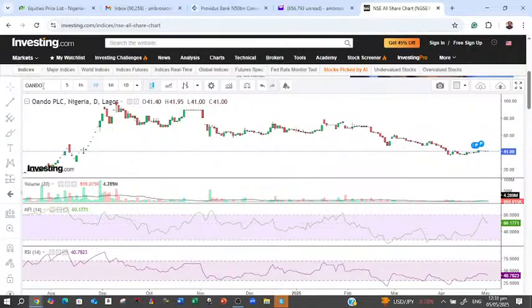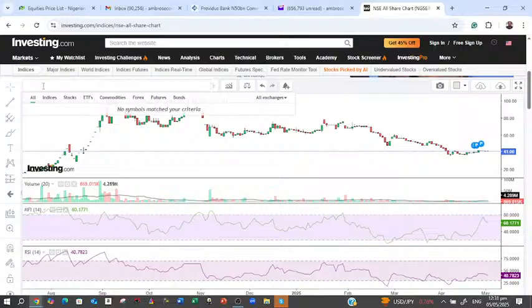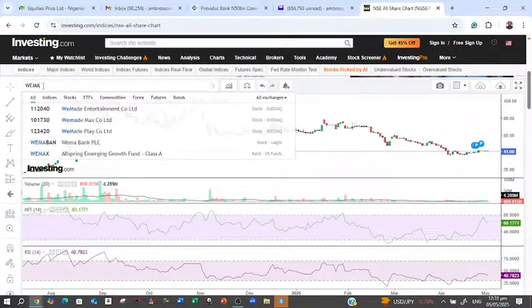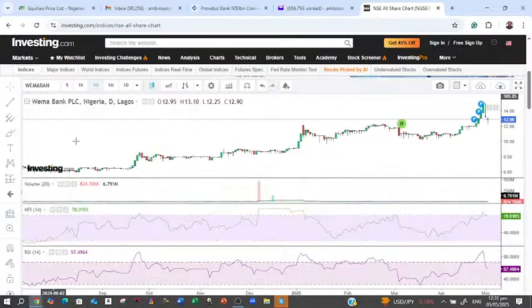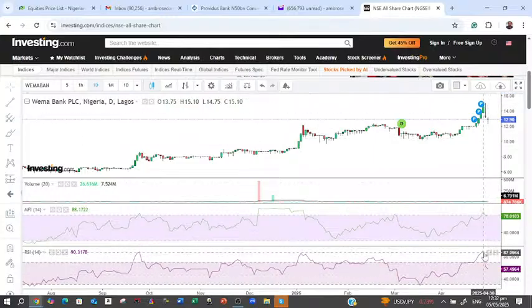Yes, let's look at the live chart of Wema Bank now. Let's take Wema Bank as an example. I want to also share that the numbers are not bad. You can also look at your RSI. RSI has gone as high as almost the overbought region, almost 85. Anything above 70 is a signal. But at the moment, you can still go up.